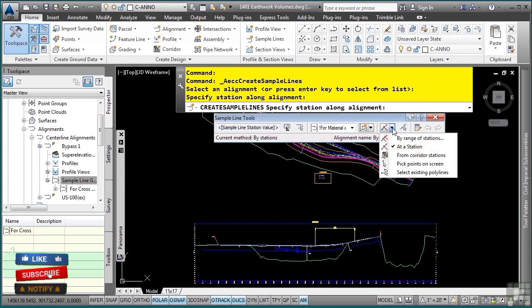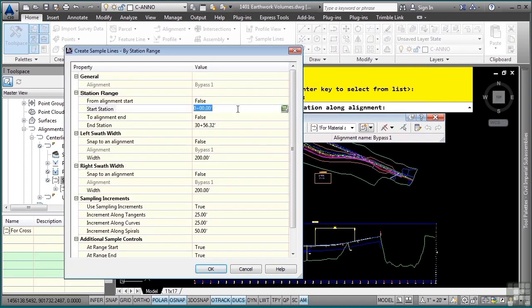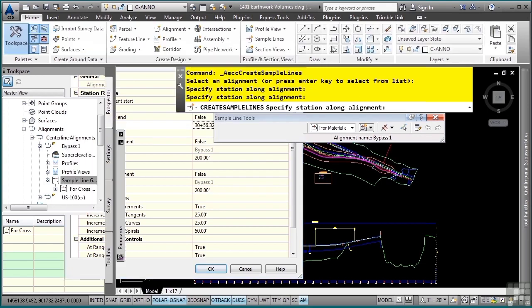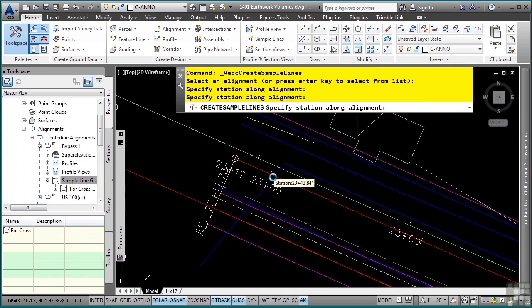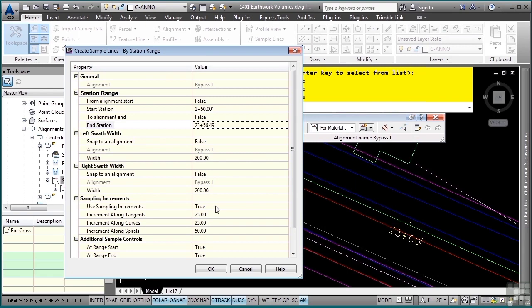to the end of the project. Clicking the drop down here, I'll select by range of stations. The beginning of our project is 150, and the end of our project, we'll click on this field and select the pick button right here, and then navigate to the end of our project and snap to the end of the actual alignment. For our left swath and right swath, we want 200 feet, so I'll click in here and